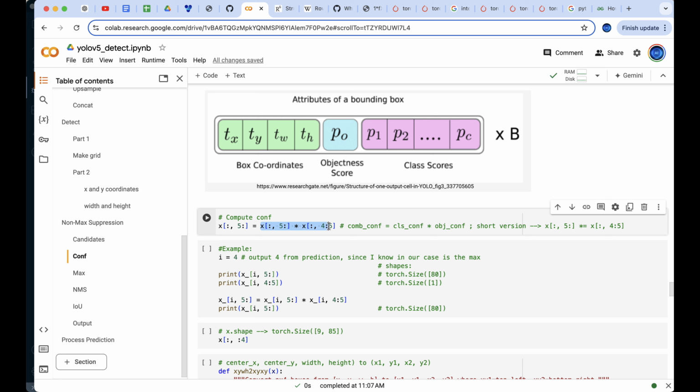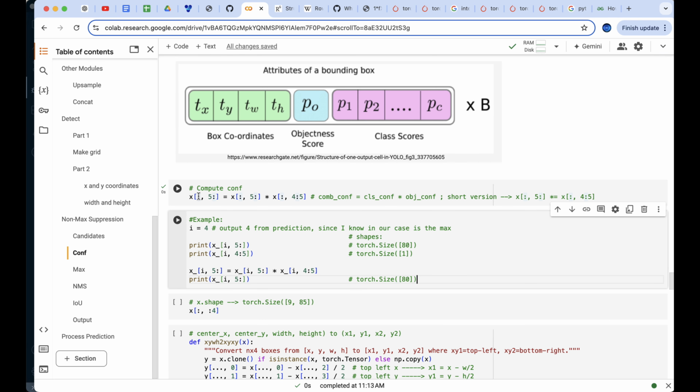So when we perform this operation, the class confidences, you can see here, will be overwritten by the values of this operation. And here we're calling it combined confidence to align with Glenn Jocher's description, even though this will be stored inside the class scores variable. So we can run that. And then just to show you this visually,